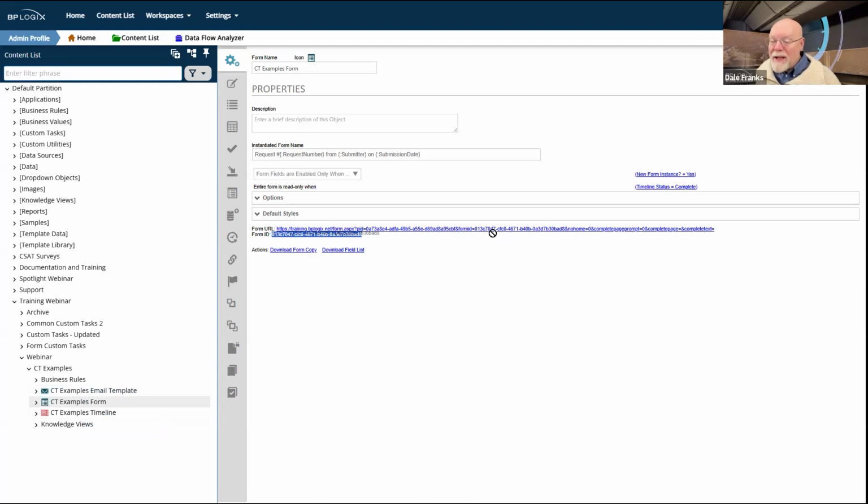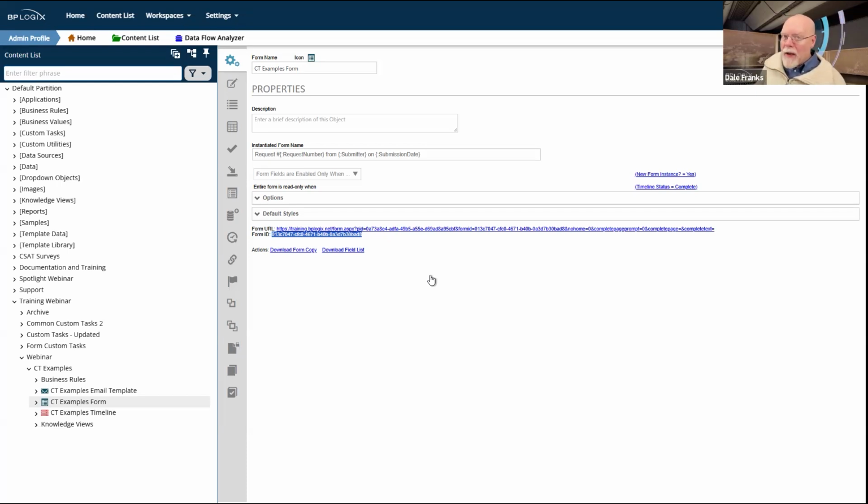It's hard to highlight URLs, but there we go. It's the same ID right there in the URL for the form. When you click on this URL, it will basically open a form instance based on this form definition. Now, GUIDs are great, except that they don't import between systems. I can't have this same GUID on two different systems. That makes the import process a little tricky.